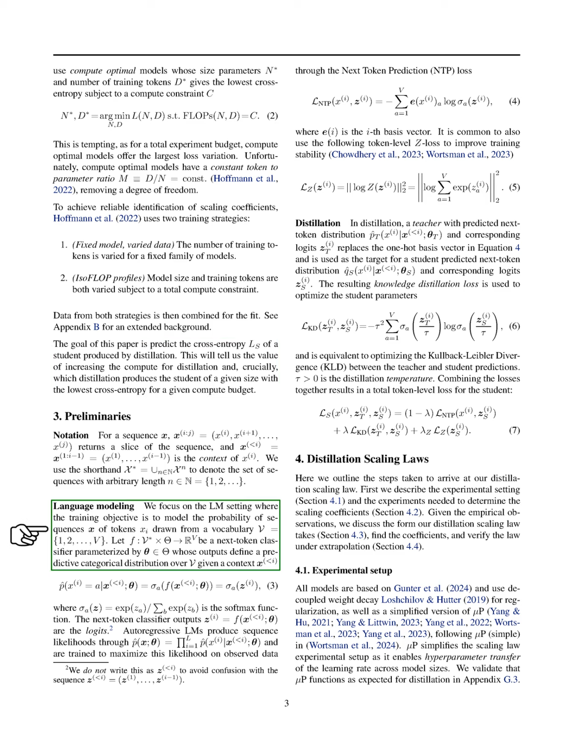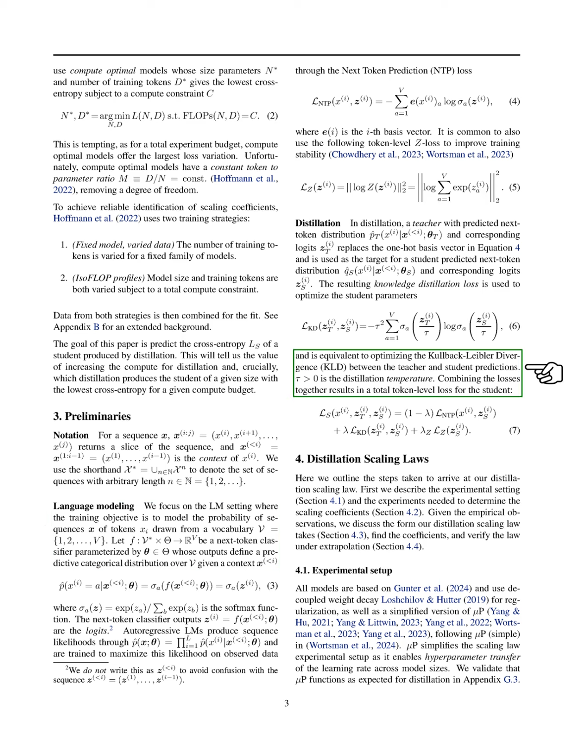In terms of notation, we define sequences and their contexts, and we focus on language modeling where our objective is to model the probability of sequences of tokens from a vocabulary. We use a next token classifier to predict the next token based on a given context, and we train this classifier to maximize the likelihood of observed data. In the distillation process, a teacher model provides a predicted next token distribution, which we use as the target for the student model.